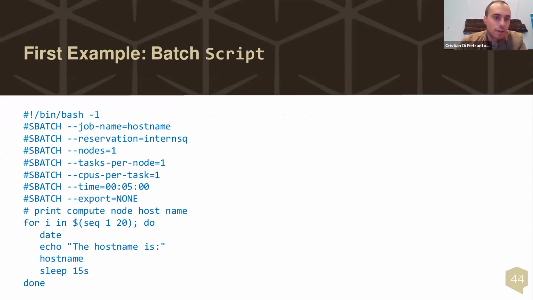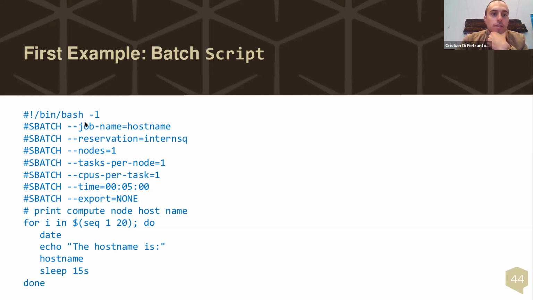This is an example, and you can proceed writing your script in a way that then executes your program. This is a very simple example, and we are going to just execute the hostname command 20 times, each 15 seconds. You can see that